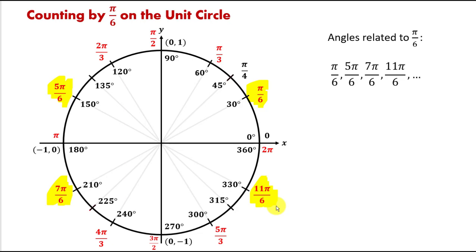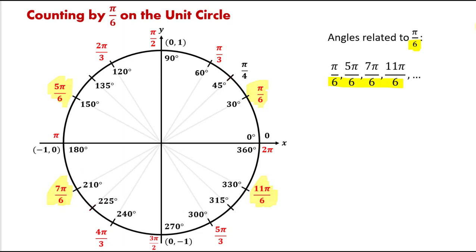But what do they all have in common? What can we notice here? Well, that's the fact that they all have same denominator. So angles related to pi over 6, if we put that value in the simplified exact form, its denominator will always be 6. And that's going to be very useful when we're working with radian measures and need to use